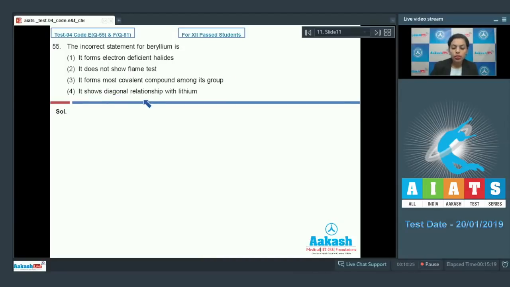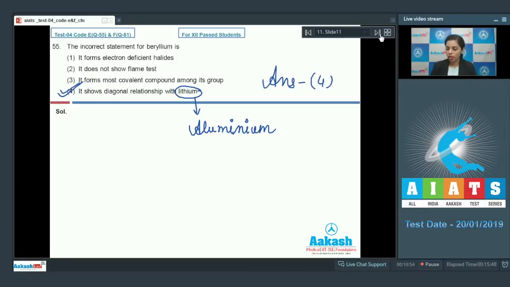Further, it shows diagonal relationship with lithium. This is an incorrect statement because it does not show diagonal relationship with lithium. It shows diagonal relationship with aluminium. So this statement is incorrect, and that's why it's the correct answer for this question. After which